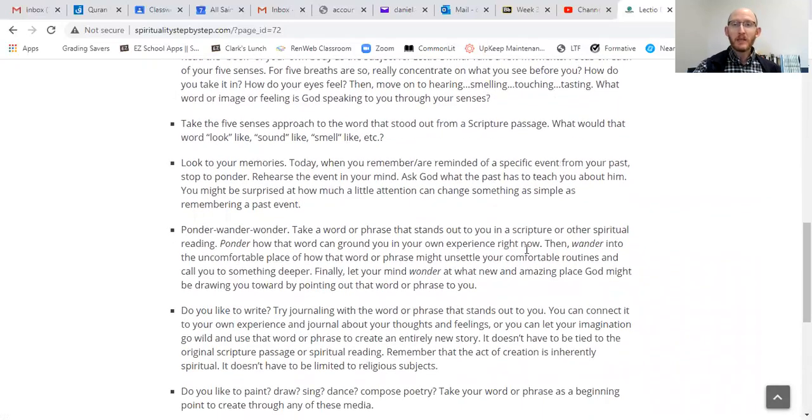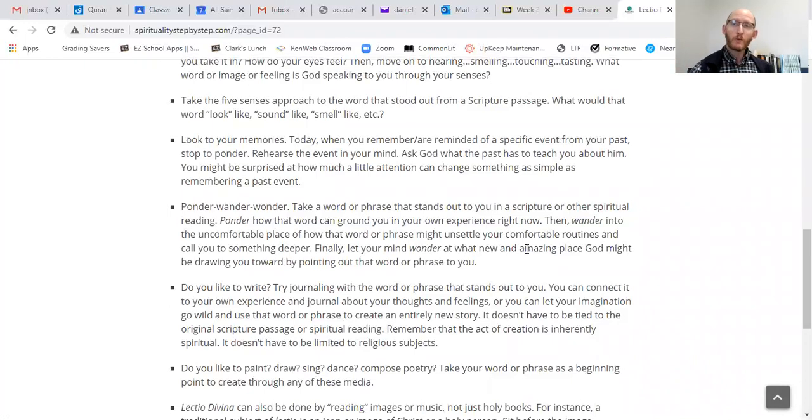One thing I would like to recommend, using a scripture passage to kind of start where we stopped with Lectio Divina, is take a scripture passage and instead of trying to focus on a word, use your 5 senses. If a word or a phrase or an image stands out to you, try to think about what would it look like? What would it sound like? What would it smell or taste or feel like? And use all your senses and kind of try to walk all the way around that word, that image, that phrase. Try that one out, particularly if you're a kinesthetic, a tactile person, that you are hands-on, try that one.